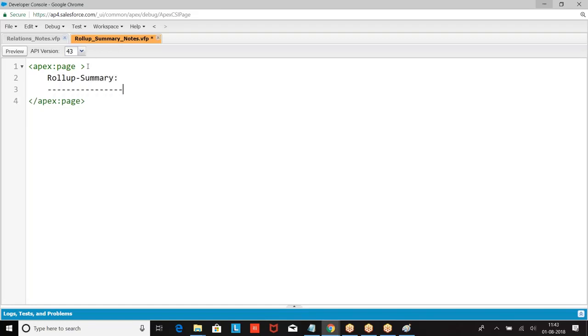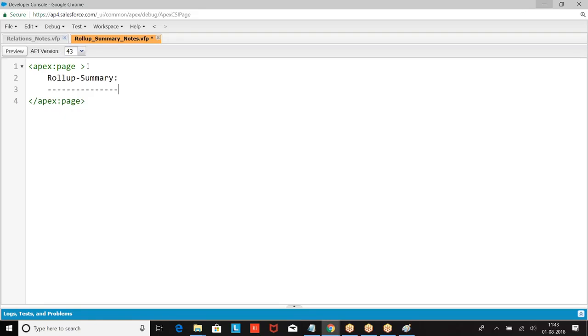First of all, when two objects are connected by a master detail relationship, and you want to perform summarizations, such as how many child records I have, what is the total amount I have paid, what is the maximum amount, what is the minimum amount, I want to apply aggregation.